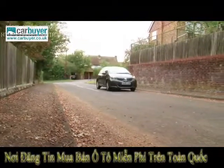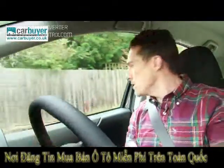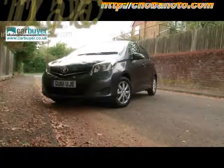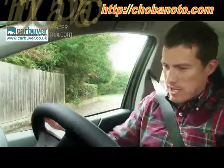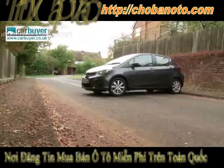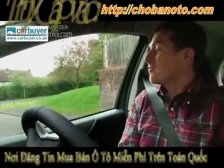Okay then, with a lot of the cars I've tested for Car Buyer, if I wanted to turn them around on this road, it would take at least 7 manoeuvres. But here in the Yaris, I can easily do it in just 5 because the turning